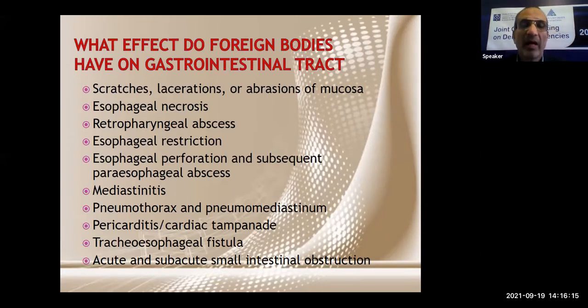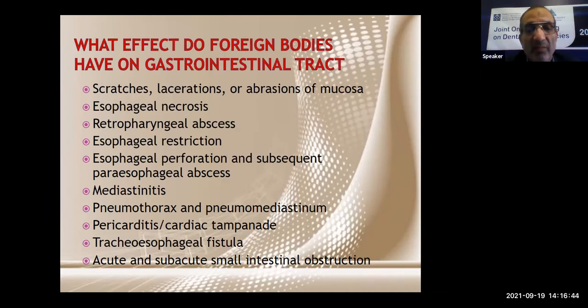This happens after going to the stomach and intestinal tract. Esophageal necrosis, based on perforation and remaining for a long time. Esophageal stricture, which makes eating difficult, and esophageal perforation and subsequent